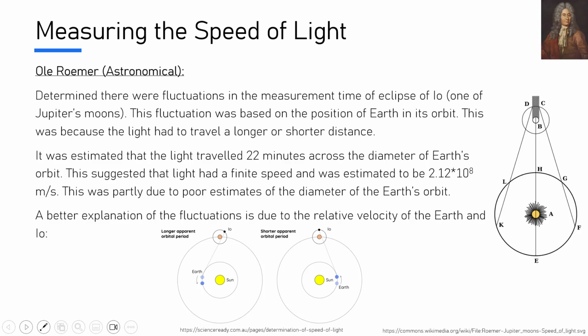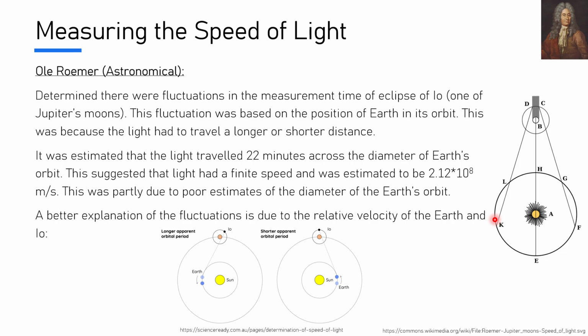He employed astrophysics in an attempt to calculate the speed of light, while observing the orbit of Io around Jupiter, which is one of Jupiter's moons. He noticed that when attempting to measure the orbital period, which he did by analyzing the entry and exit time of the moon's eclipse, depending on where he was in Earth's orbit, there were fluctuations in this measured value. His proposed explanation for these observations was that light essentially had to travel from Io to the Earth so that it could be observed,